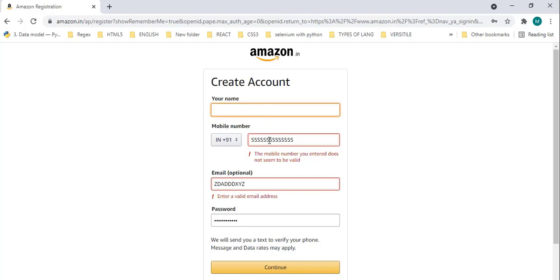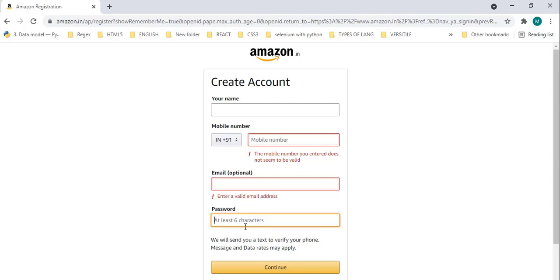In the mobile number field I will have to enter my mobile number, and in the email ID field I will have to enter my valid email ID, and in the password section I will have to set a password of at least 6 characters. If I jumble a column or if I skip any column, then definitely it will not work. I will not be able to create my account.